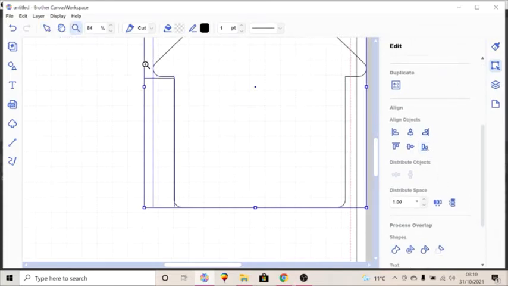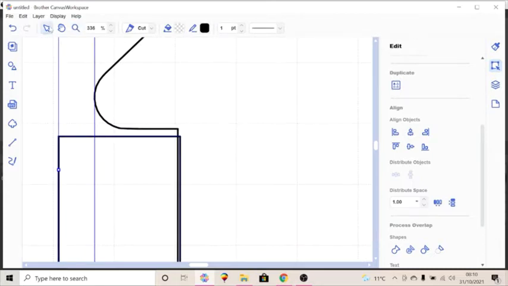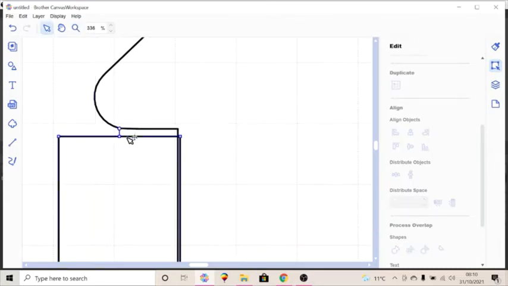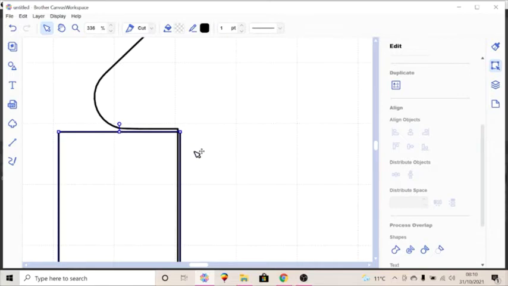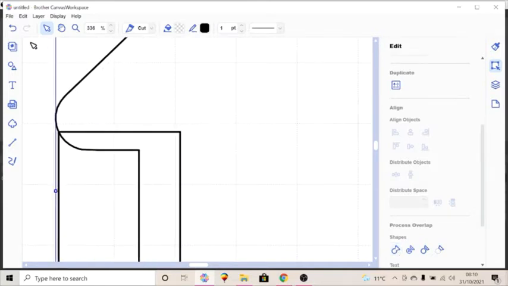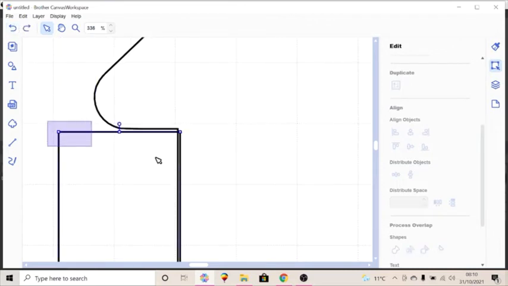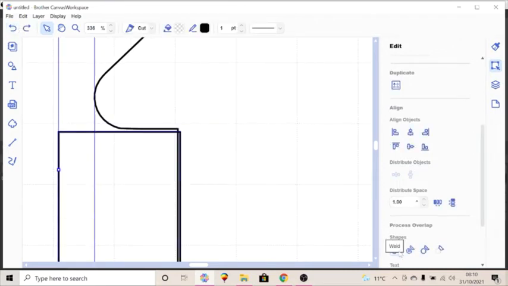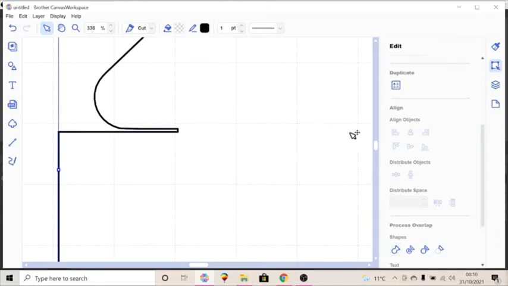Then I can go here and see, do I need to extend this? I think I will extend it just a little bit there. And I can see also that it is already overlapping a bit. So I can weld that now. To weld that. And we have